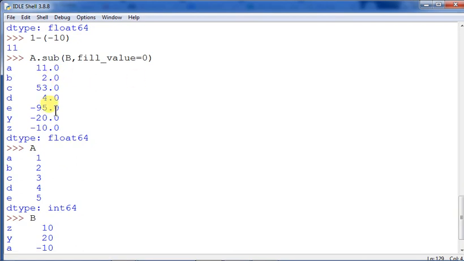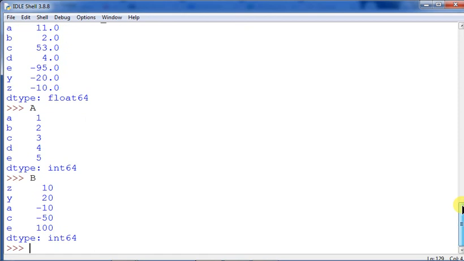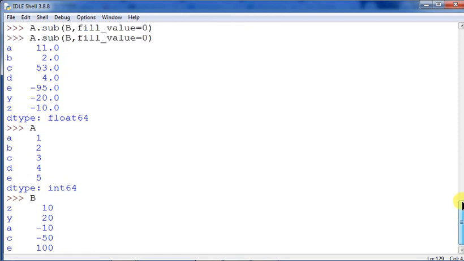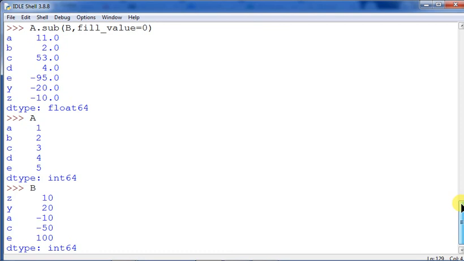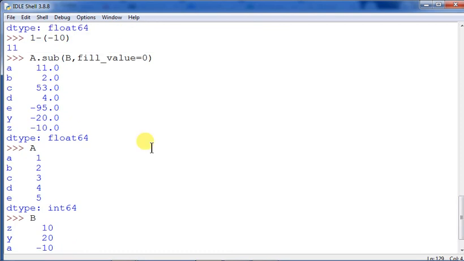So wherever the values are not there, it has been subtracted from 0. Okay, so that is the thing. So 0 minus minus 95. Now you see out here how these things are appearing. Okay, so you can understand it very nicely. Clear? So minus 95 it has become. So where is it minus 95? Here. E is having minus 95 because 5 minus 100. And other places, minus 20 remains minus 20 only, and minus 10 remains minus 10 only. Okay, that is the thing.